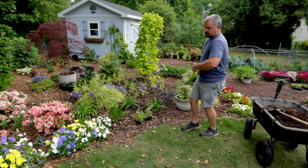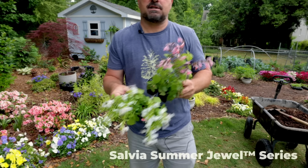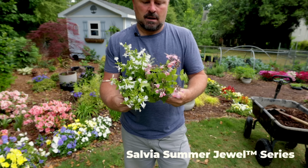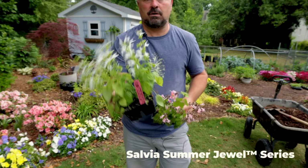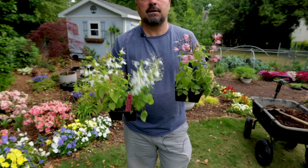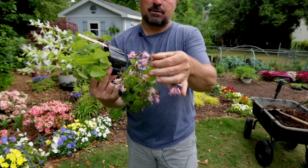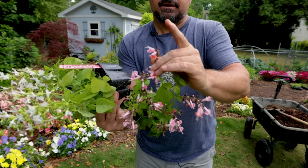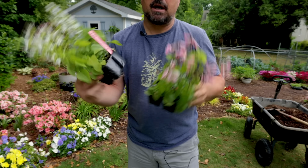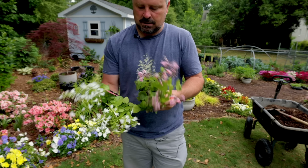From this spot going this way, I'm using these Summer Jewel Salvia. This is a hybrid salvia. It's an annual salvia. I used these last year. They are just incredible for butterflies and for hummingbirds. Bees like them as well. Bees will cheat. This has a really deep flower here. The bees will come drill a little hole in the back of it and cheat the system a little bit. These are just amazing. But this is a Summer Jewel series, and I'm using the light pink and the white